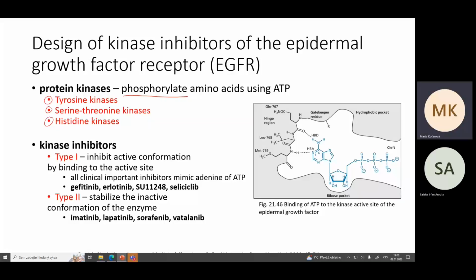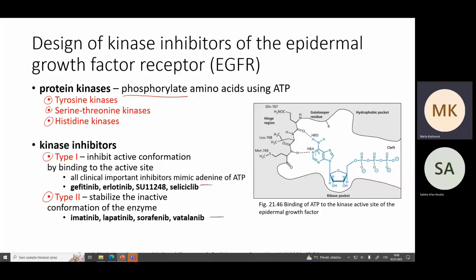There are different types of inhibitors. The type 1 inhibits the active conformation by binding to the active site. And type 2 of inhibitors stabilizes the inactive conformation of the enzyme. So you have the particular examples. However, I think you do not need to memorize. What is important is the structure of the inhibitors, because on the right side, you can see in the figure